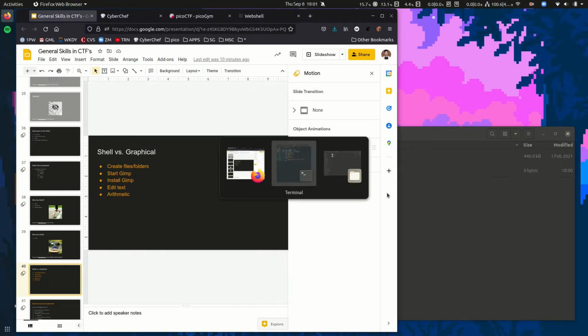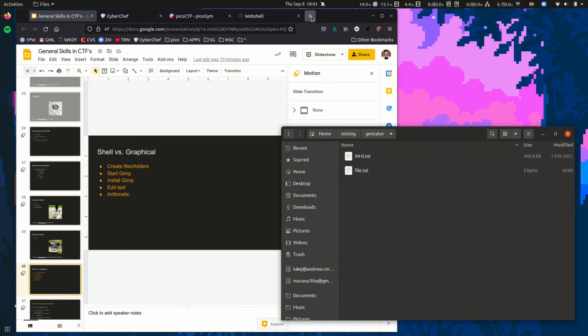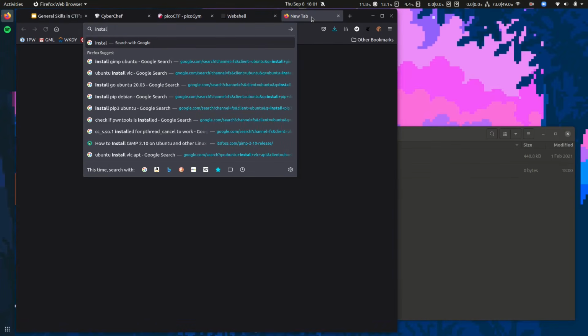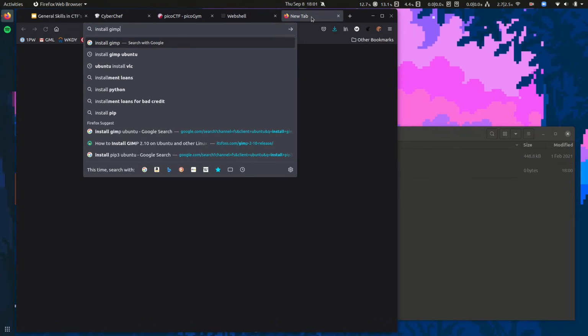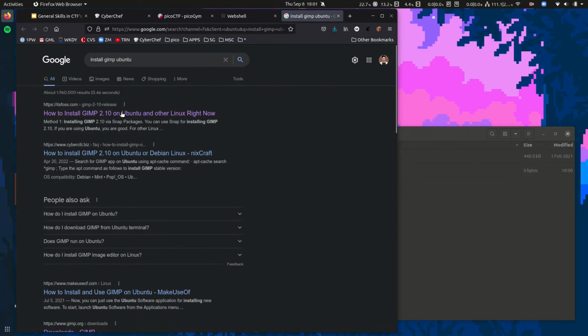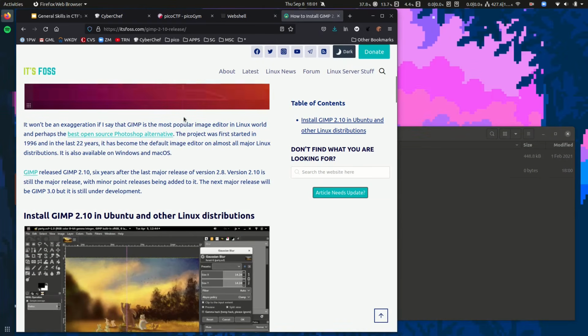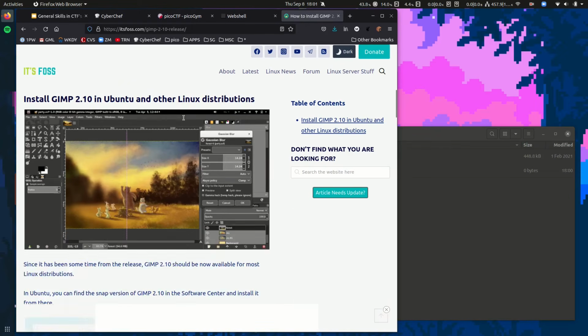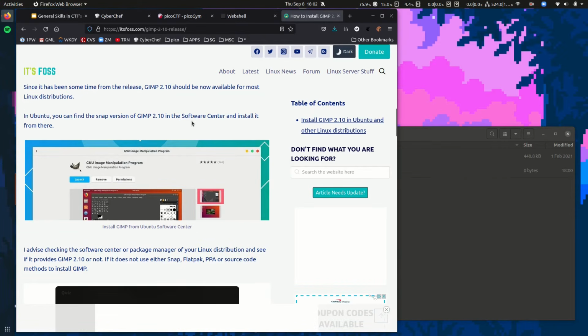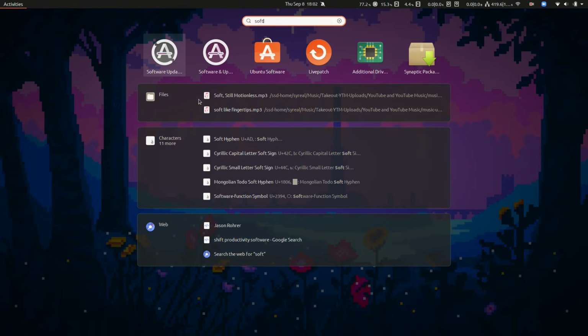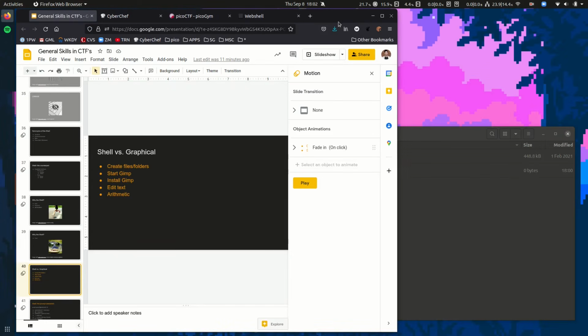Now installing GIMP. This is somewhere that the shell really shines because graphically you have to just search for it online. So there's a lot in here, but it recommends Software Center, which I don't actually even have because it doesn't work on my setup.